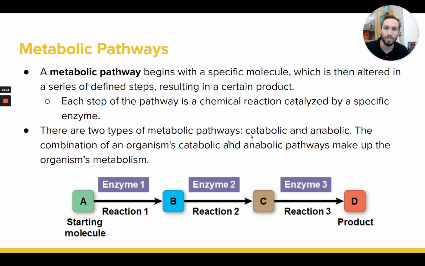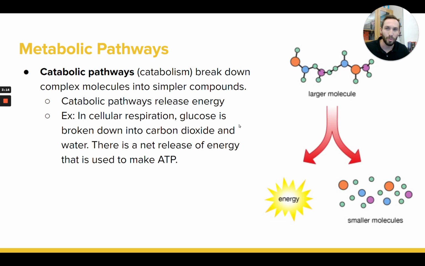There's 2 different types of metabolic pathways. There's catabolic pathways and anabolic pathways, which are going to make up an organism's metabolism. We'll start with a catabolic pathway. So a catabolic pathway, also called catabolism, is whenever you're taking larger, more complex molecules, and in a series of chemical reactions, they're ultimately being broken down into smaller pieces, smaller molecules. So that would be considered catabolism, or a catabolic pathway,